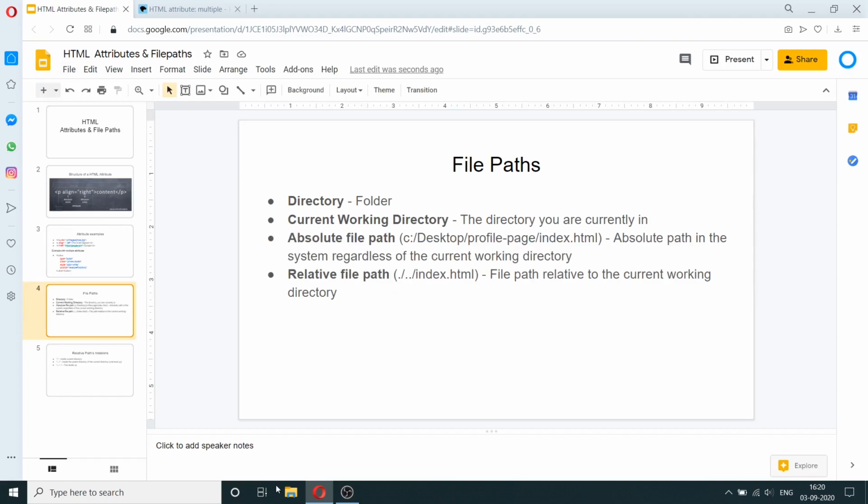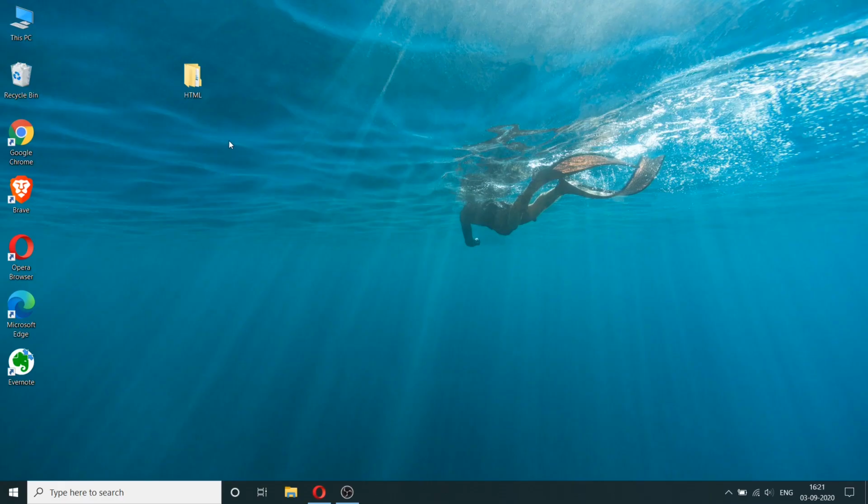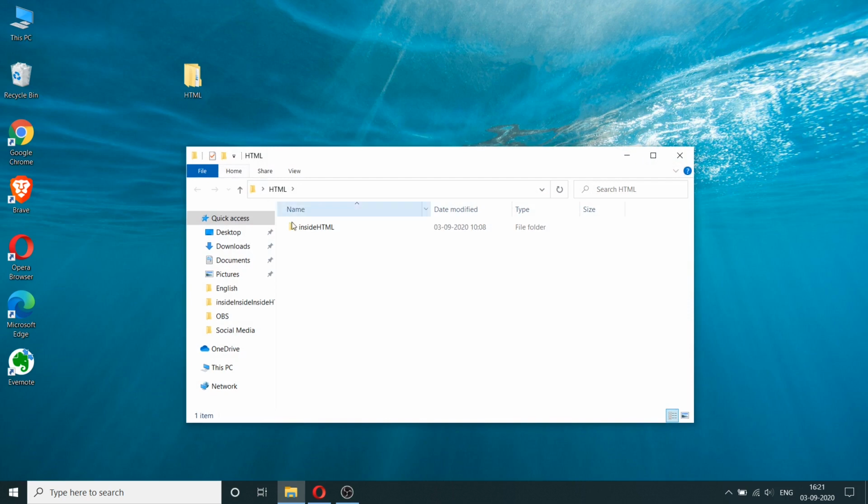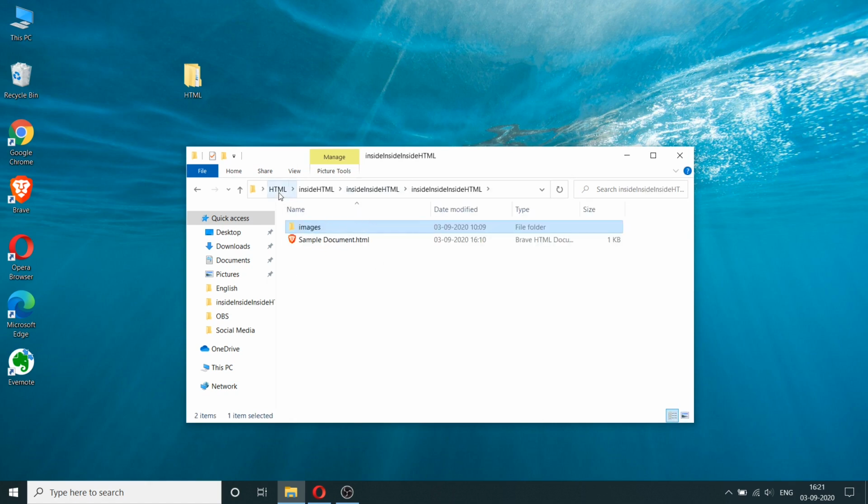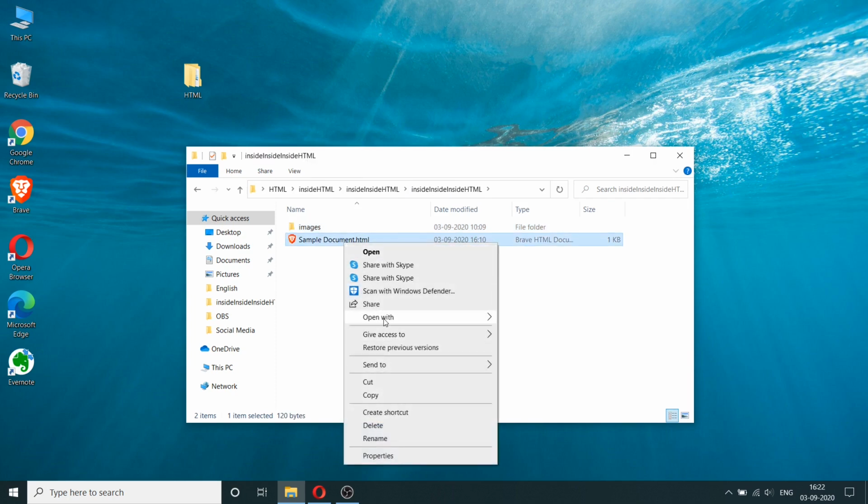Now let's go and have a look at some of these examples. So in the desktop, I have a certain folder called HTML, and within this I have another folder called inside HTML, and within that I have another folder, inside HTML, and within that I have a document and another folder called images, and within that another image. So I've just given this kind of a structure for the sake of representing how things are in the real world, where you'll have a folder within a folder within a folder, and there may be some file within that interior folder which we need to reference. So let's assume that we want to use the image in here in this HTML file. Let me open this file as well.